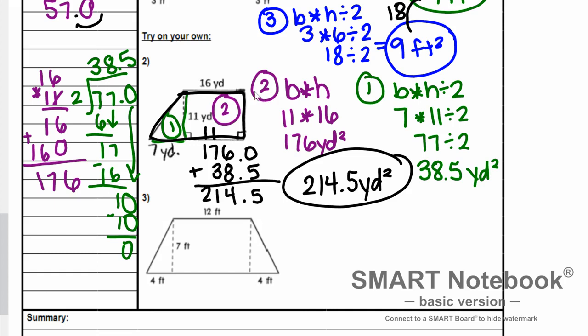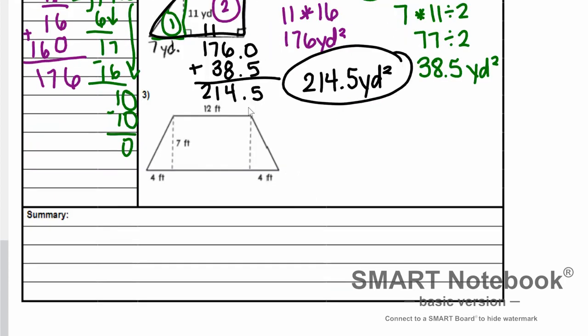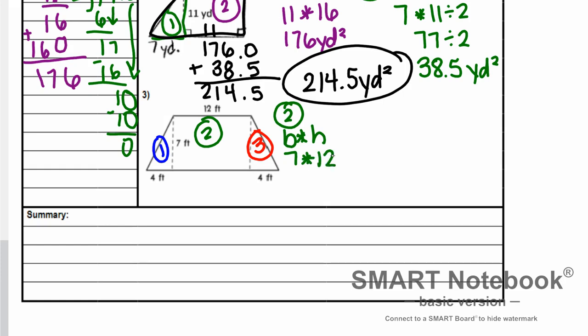All right. Again, if you haven't already paused this video, try this next part on your own and then resume the video to check. We will start by breaking this up into 3 shapes. I'd like to start with my rectangle. So I've got my base times height, 7 times 12. If I don't have a multiplication chart on me, I can always stack them to the side. 12 on top of 7. 84